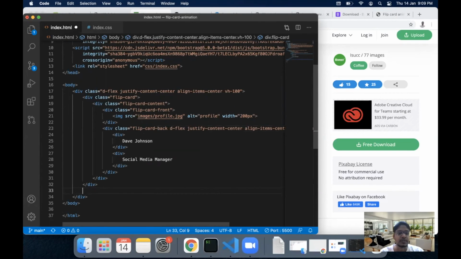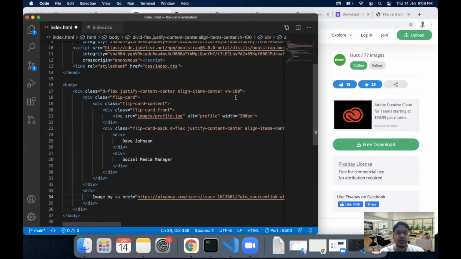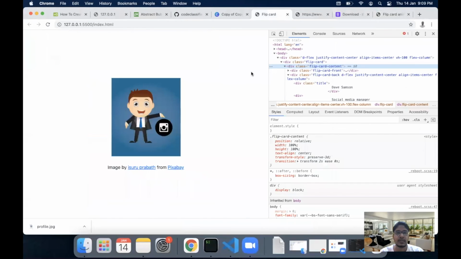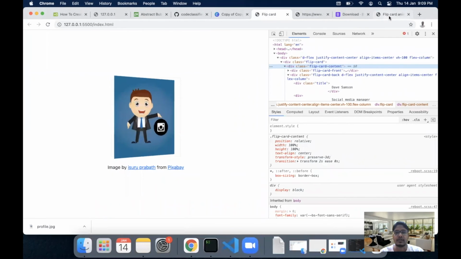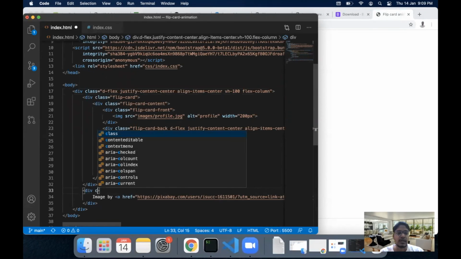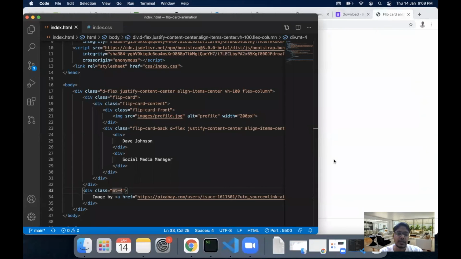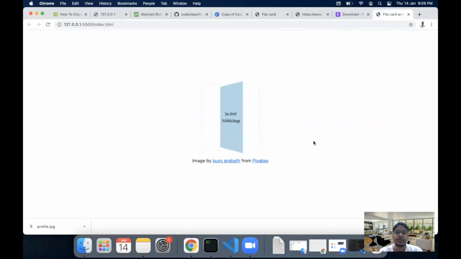Let's add it below this div, within a div tag. Add a flex column property here. And we have our code working as well. Then we can add some margin at the top, so for that we can add a margin-top property. And we have a margin. So that's basically how we achieve the Flipkart animation